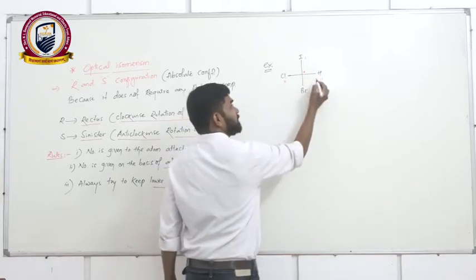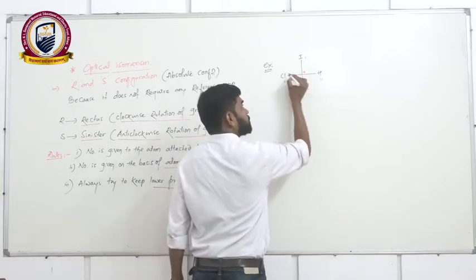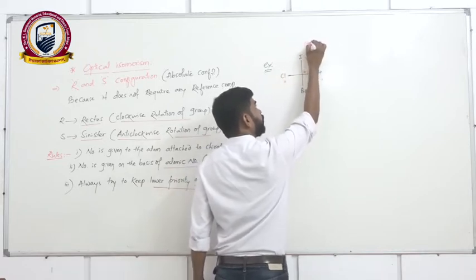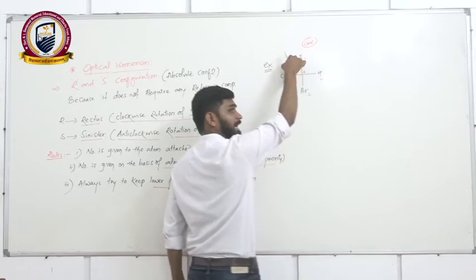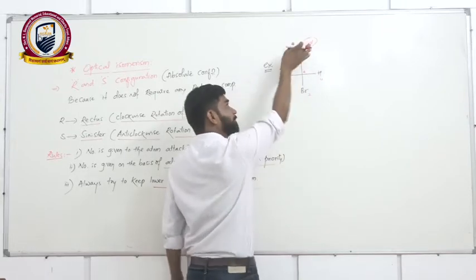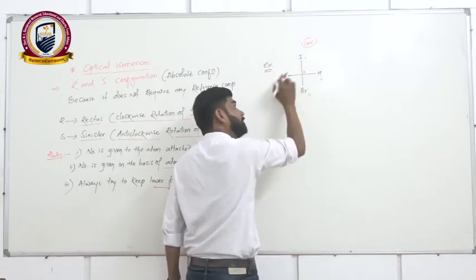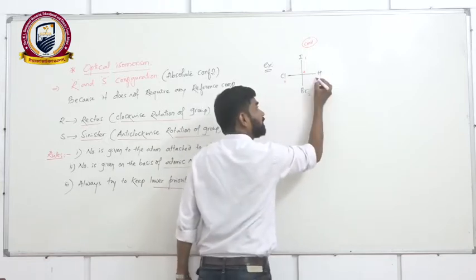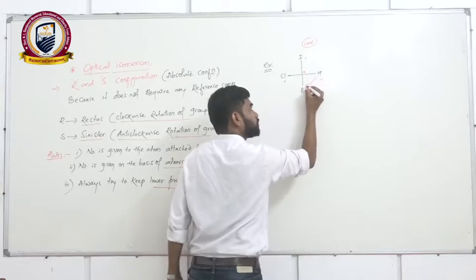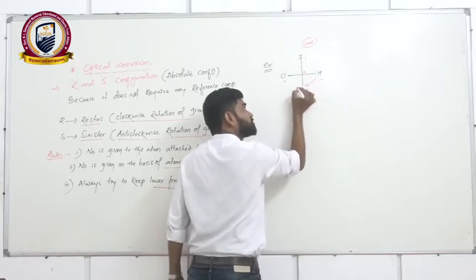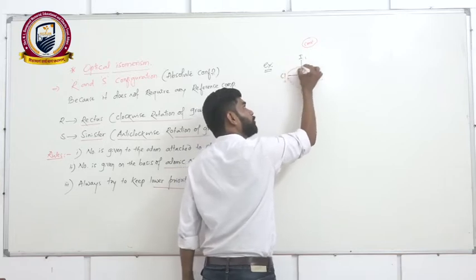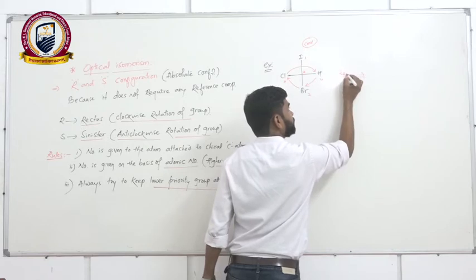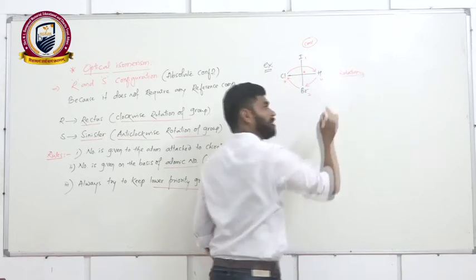So concentrate here. Keeping the group which is at the top as a constant, we should not rotate the corresponding atom present on the top. Keeping it constant, we have to rotate the remaining groups. If the lower priority group is on the right side, rotate the atoms clockwise. So bring this hydrogen over here, bring this bromine to this, and bring this chlorine to what? Here. Okay, so after this clockwise rotation, you will get the compound as,